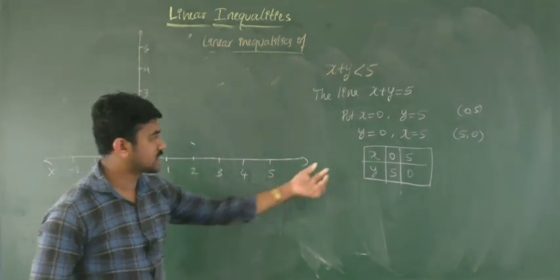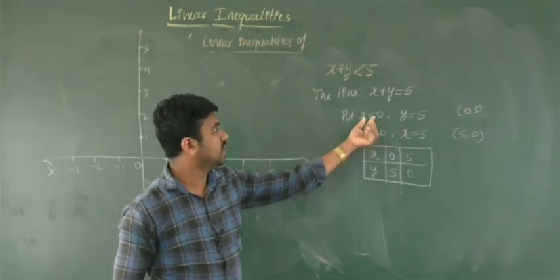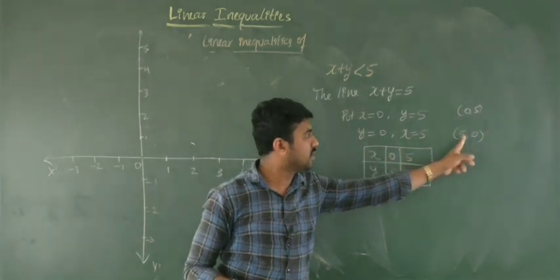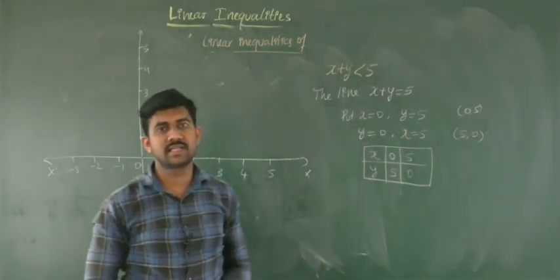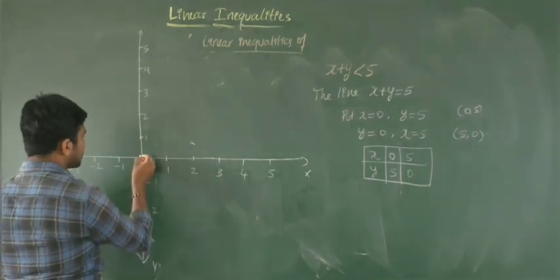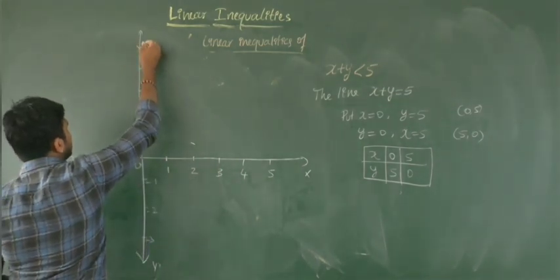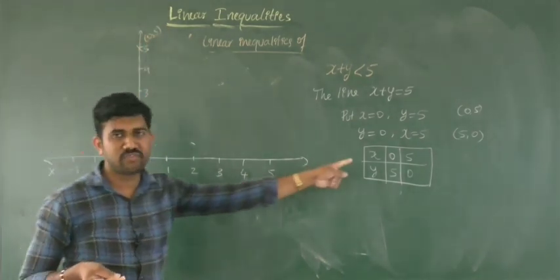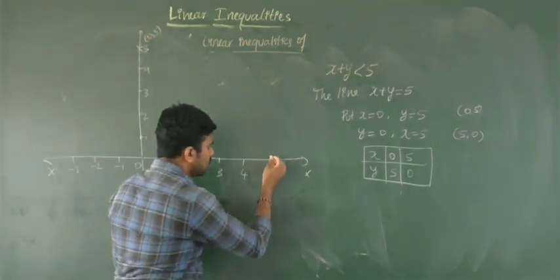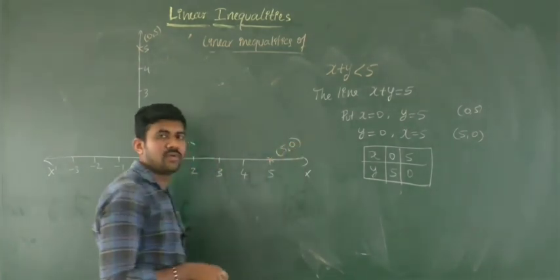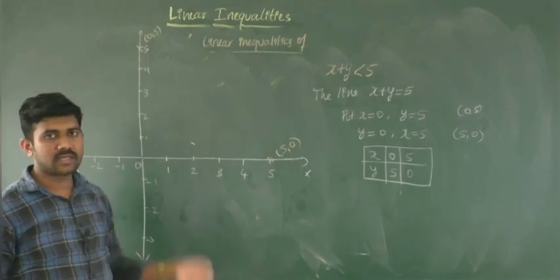We'll get the points on the coordinate axis because here, in the coordinates, you can observe 0, 5 comes on the y axis. 5, 0 comes on the x axis, right? So 0, 5. Which point here? X is 0, y is 5. This point is 0, 5. Similarly, the next point is 5, 0. So x is 5, y is 0. Okay. Like this you have to mark.